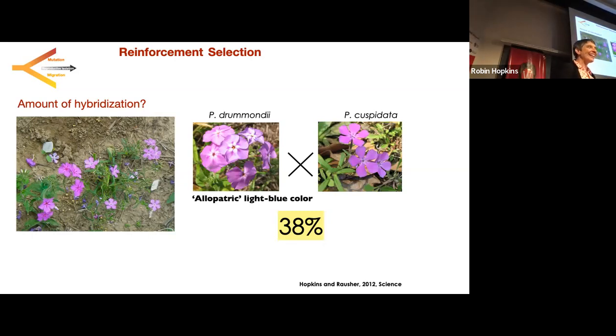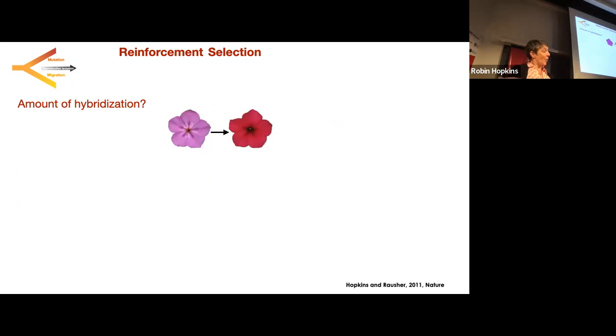That's a bummer, right? Like half their offspring are sterile at an evolutionary dead end. That could be really, really, really strong selection. So now we've set ourselves up for the potential for super strong selection favoring a reduction in hybridization. But did it? Did this transition from blue to red, this purpley color to this dark red color, actually decrease hybridization and therefore be driven by reinforcing selection? So the amount that we decrease hybridization is going to be super important for understanding the dynamics of selection there.